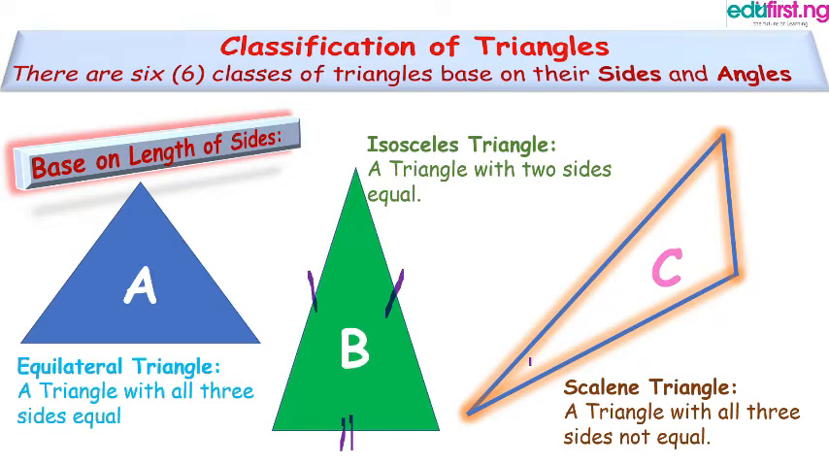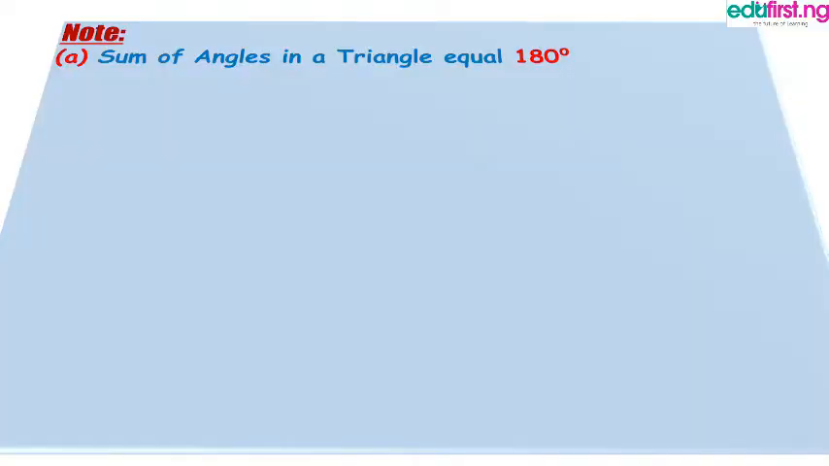How about figure C? Figure C is a scalene triangle. Why? Because the 3 sides are different. Any triangle where the 3 sides are different is known as what? A scalene triangle. All right, before we talk about the remaining 3 classes of triangles, just remember that the sum